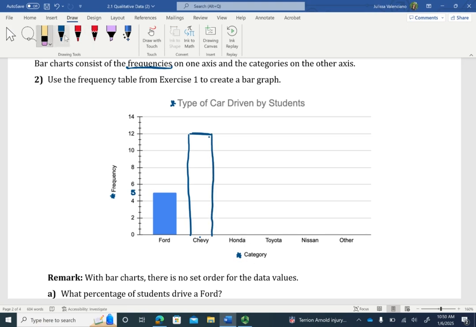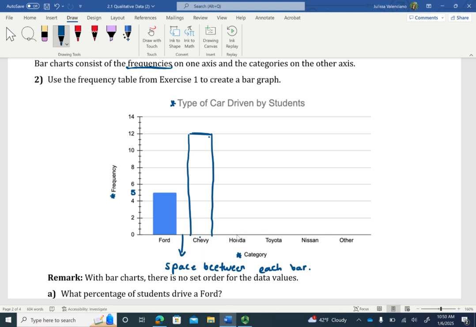One thing to mention here is that bar graphs should have a space between each of the bars. The bars shouldn't be touching each other. Go ahead and write that. We need a space between each bar. We don't have values within both categories. They shouldn't be touching. They're not related. Data values in one category are not related to data values in another category. That's how you can remember we should have some space between each bar.